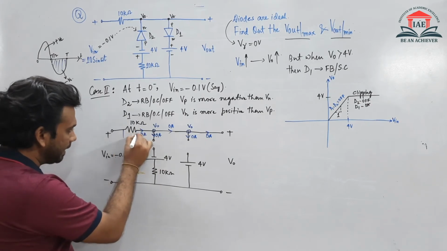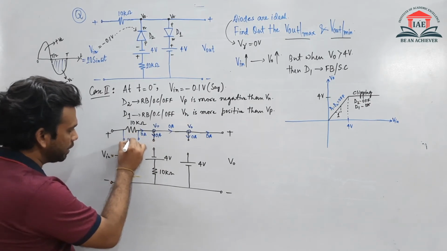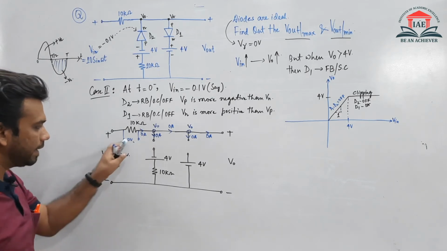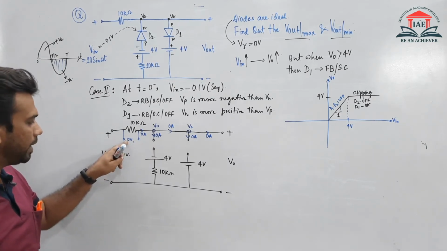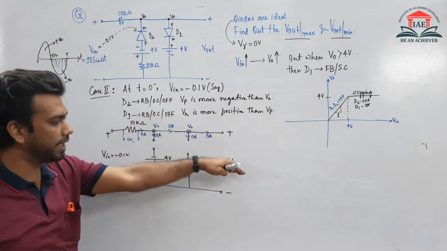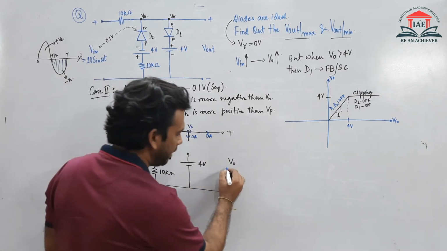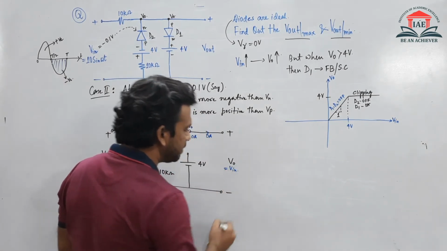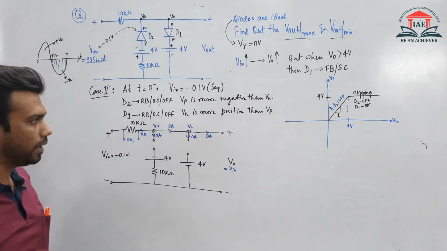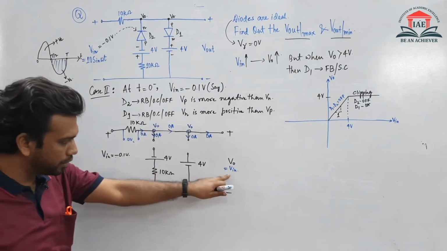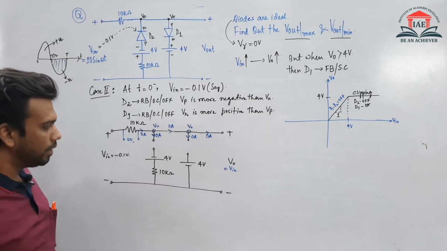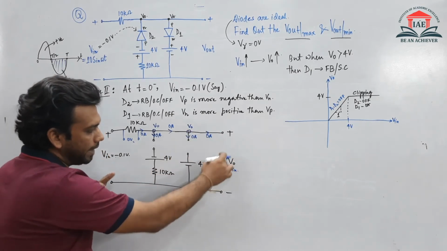तो 10 किलो ओम के अक्रॉस में कोई पोटेंशियल ड्रॉप ही नहीं आएगा. So 10 किलो ओम के अक्रॉस में अगर कोई पोटेंशियल ड्रॉप नहीं आता है तो मेरा इनपुट वोल्टेज डायरेक्टली कनेक्टेड होंगे आउटपुट वोल्टेज में. दैट मींस मेरा V0 हो जाएगा V इनपुट के बराबर. So if the V0 is equals to V input, then what will be the, कब तक ये रहेगा V0 equals